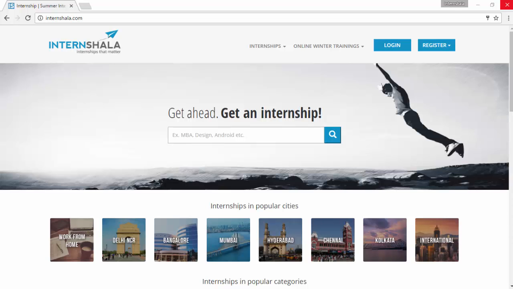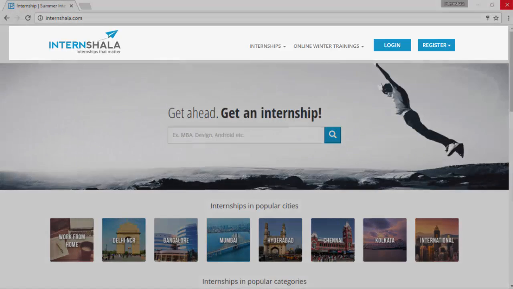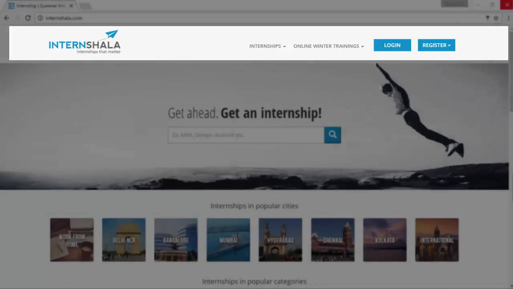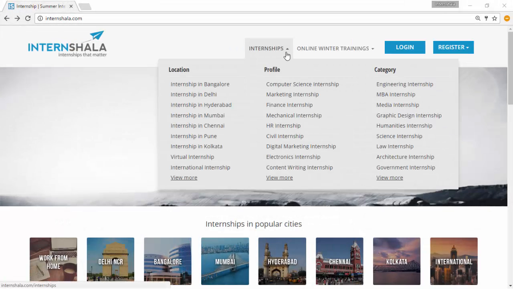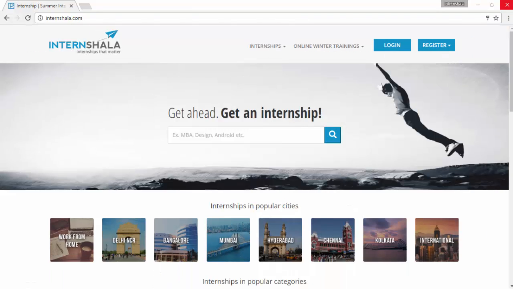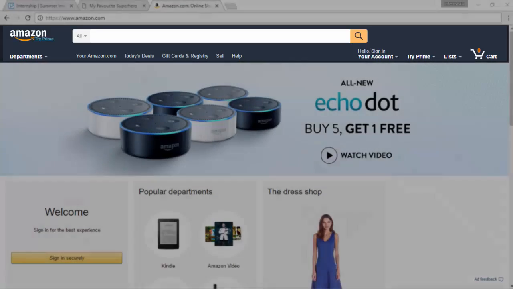Let us once again go back to Internshala's homepage. You would see that navigation links at the top. Each link in fact shows a list of links. Since this navigation bar is at the top, it helps users of our website to find important relevant sections within the website. Most of the websites use a navigation bar.